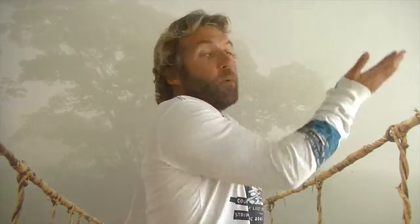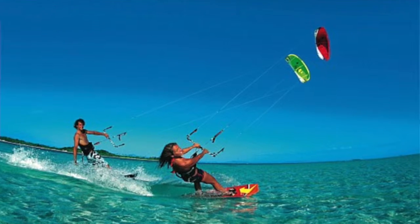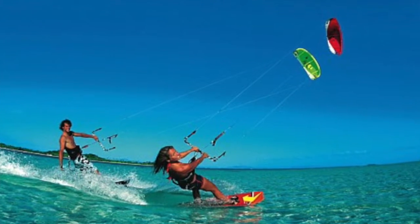Now with a waist harness, if you are riding in the sitting position, your harness is going to come up because everything is pulling the harness upwards and it's going to end up around your armpit. So you get instant feedback as to whether you're in the right position or not. If I'm in the shagging position and my hips are thrust forward, the waist harness is almost being held down by the kite, so it's not riding up around my armpits. So I'm forced into this position for comfort's sake,